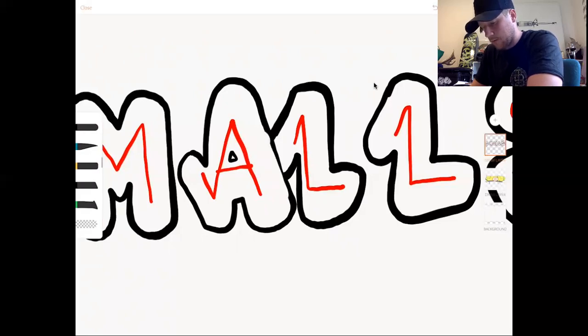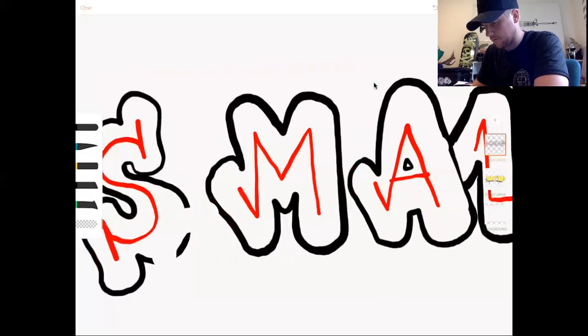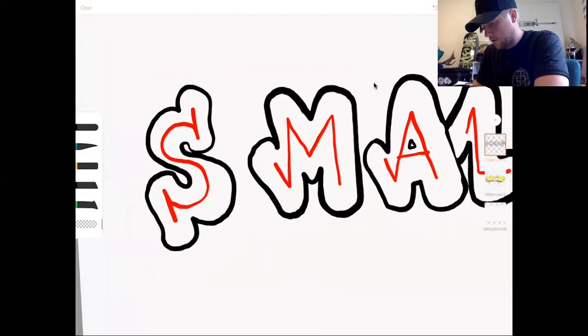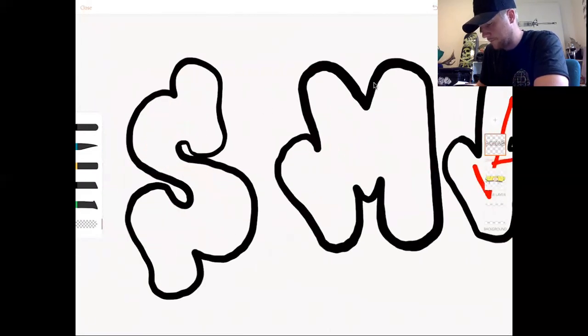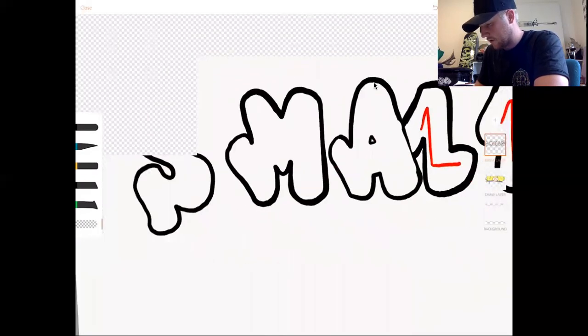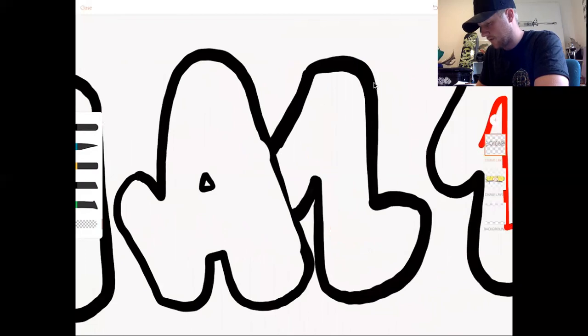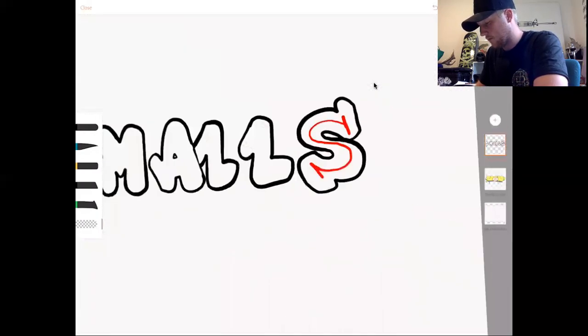So now I'm going to take my eraser and get rid of my pencil. If you've drawn your letters in pencil, like my red, you can go through and rub out all those lines. Hopefully you've done the black in a pen or a texter, or at least something that's not going to rub out. And once I get rid of those red lines,